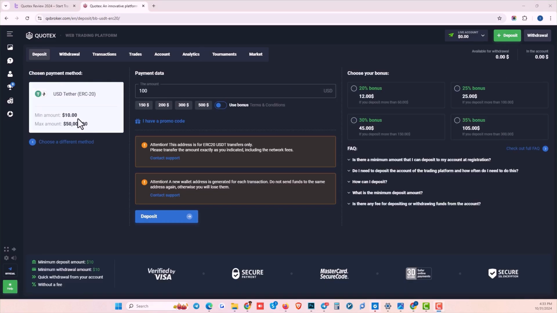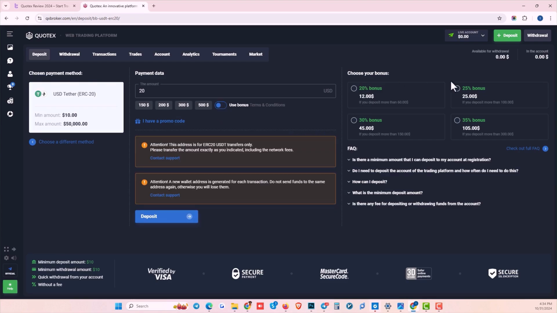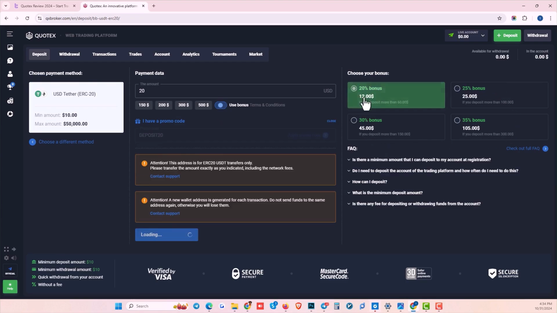The minimum amount for funding the account using this method is set at $10. Enter the amount you wish to fund your account with in this section. If you intend to use a bonus, you can activate the Use Bonus option and must enter the promo code here. After entering the promo code, be sure to click on the Apply Promo Code option to verify the code's accuracy. Currently, we do not intend to use a bonus for funding the account, so we will revert this option